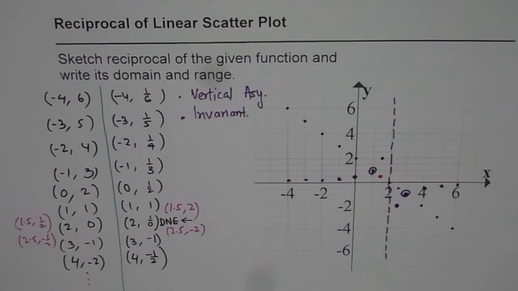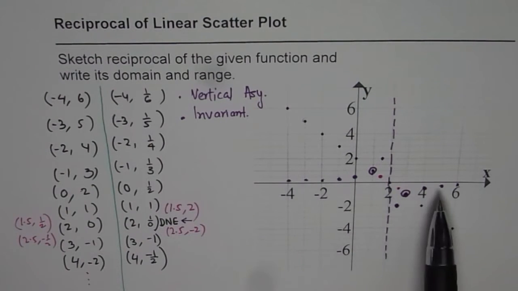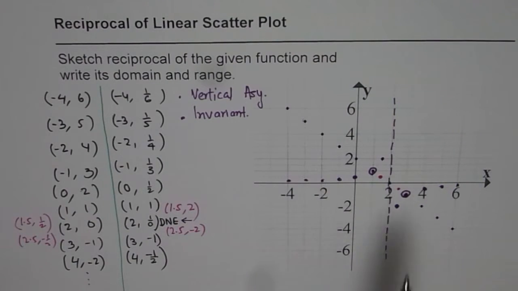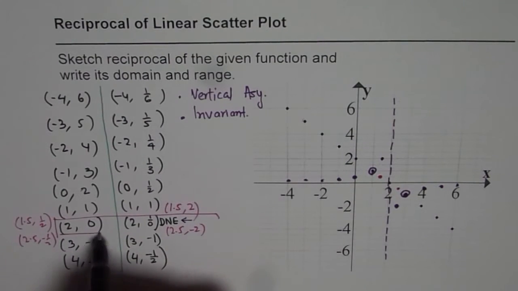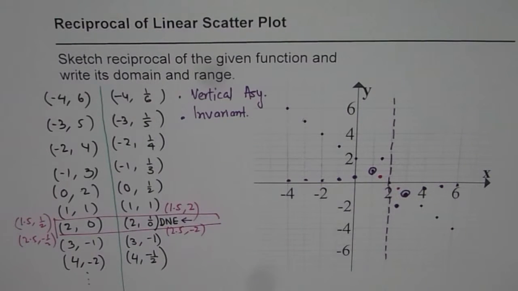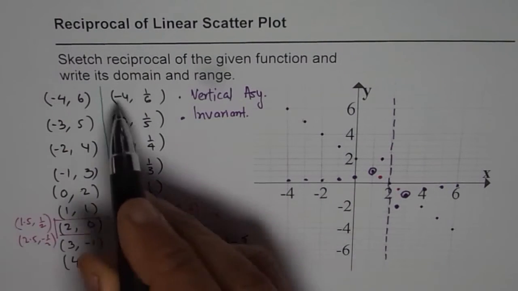Now the question is, what is the domain and what is the range for the reciprocal function? So the domain is the same as the domain of the function, correct? Except for one point, and that is where we have the vertical asymptote. Do you understand? This part is not there in the domain of our reciprocal function, correct? All other points will be included, correct? So we can write the domain as,